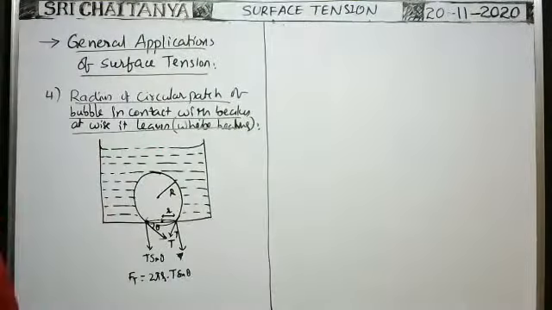We can write R square into the square root of 2 rho_L g by 3T, because R to the power of 4 comes outside the root. So this is the formula for the maximum radius at which it will hold to the beaker. If the radius is less than this, immediately it leaves contact with the bottom of the beaker. Okay, that is the answer. It is also a very, very important one.